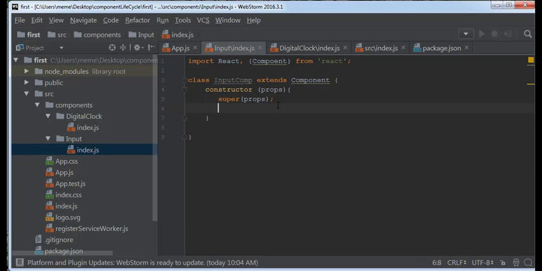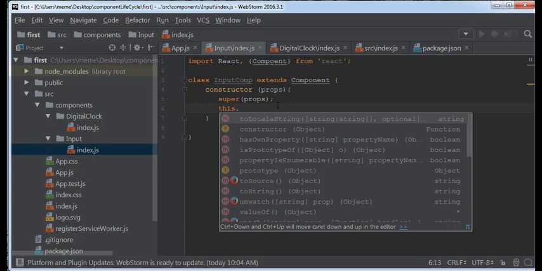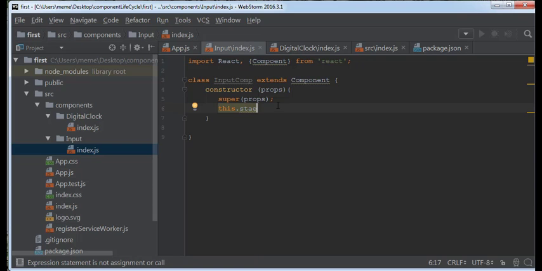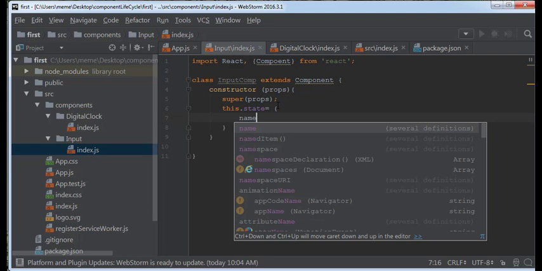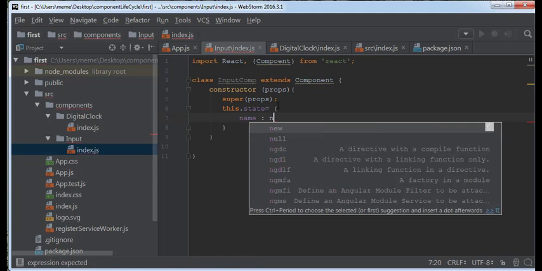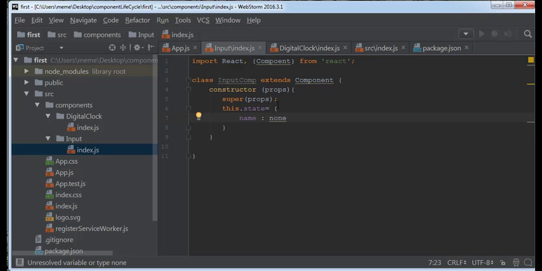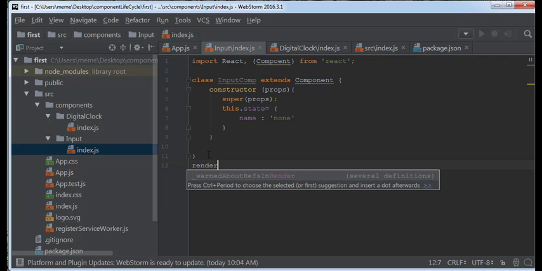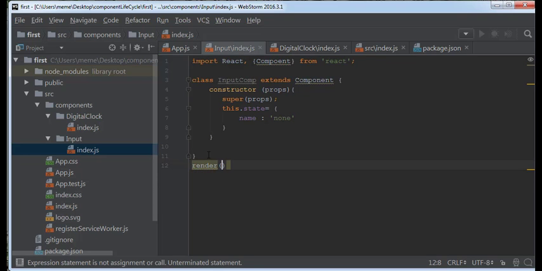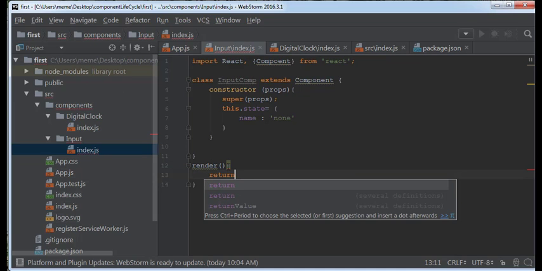Let's suppose this state equals name, which is unknown for the moment, and then we are writing here the render, in which we write the return,